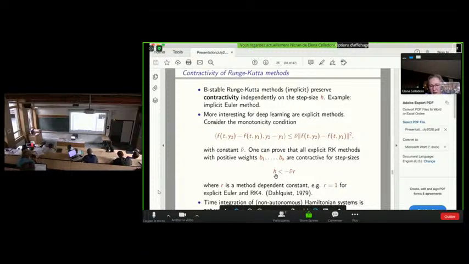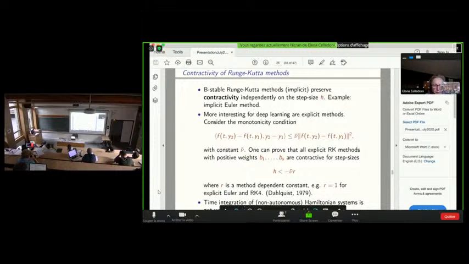So as long as the step size is less than a certain constant, which is related to this new bar constant, which satisfies this equation, which has to do with the problem or the vector field that you are considering, and also depends on another constant r, which depends on the method that you're using.